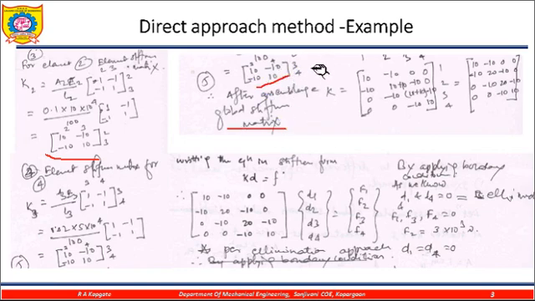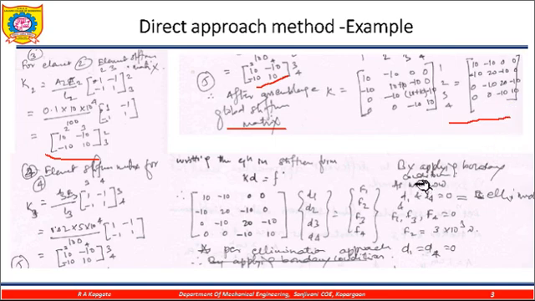Now how to do the assemblage, that we are going to learn in unit number 2. But here I am roughly telling you that this is the direct method of assemblage. Here we are writing node 1, node 2, node 3 and node 4, and the same way here node 1, node 2, node 3, node 4. Now here you see this is 3 and 4, so I am writing 3 and 4 here. This is just manipulation of the matrix in the right way to get the proper matrix. Now you have seen a 2 by 2 matrix, here we are getting the 4 by 4 matrix. So once this assemblage process is over,